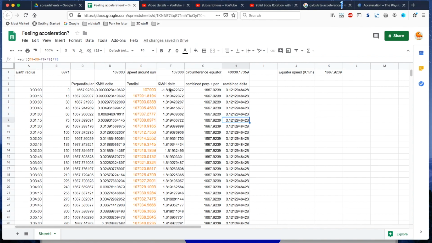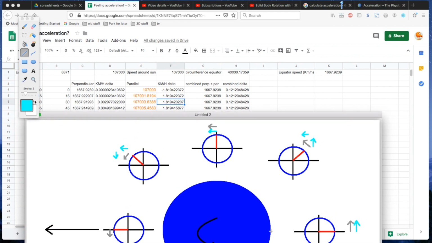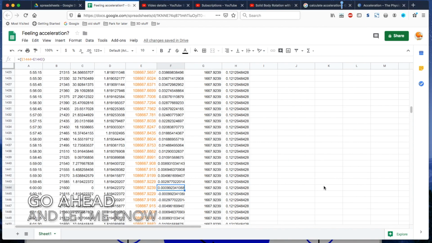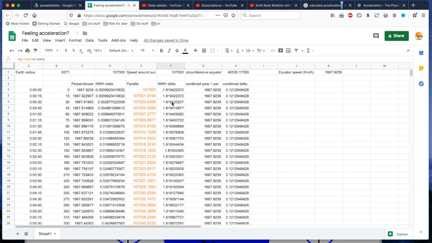So what can we see from this? When I was analyzing this, the biggest surprise I had was that the change of speed seemed to be the most from this point to here, and that the rate of change of speed where you would expect to see the biggest change turned out to be the smallest, like that. But keep in mind that this is a change in kilometers per hour in 15-second increments.